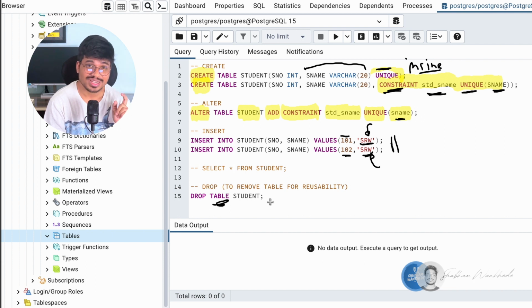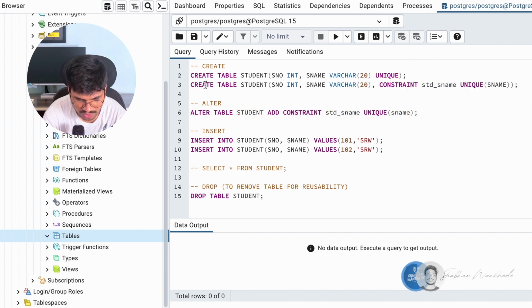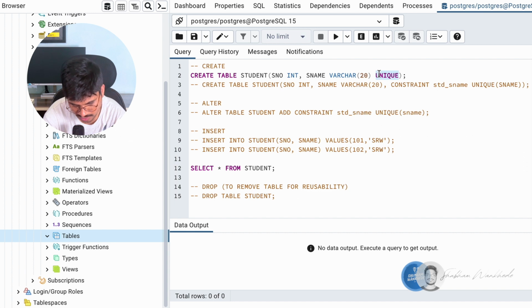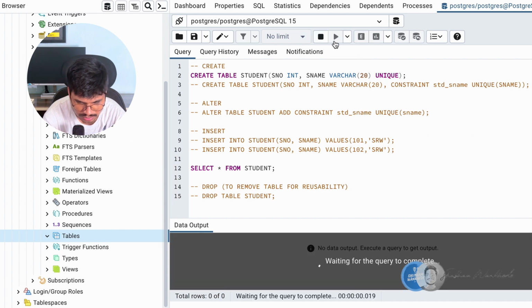Okay, let's first comment out all these queries and use only the queries of concern, to understand them one by one. I'm going to comment all these queries first. I'm going to keep only the select query and the create query. Okay, this one uses the constraint inline, after the end of the column. I'm going to run it.